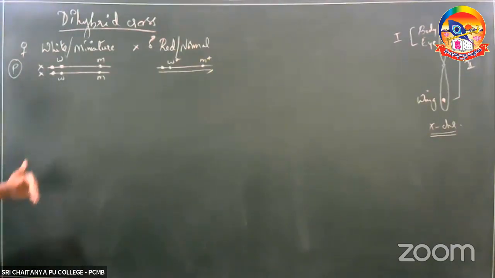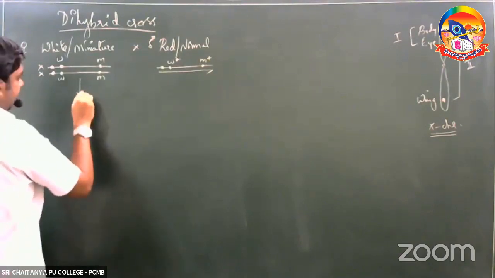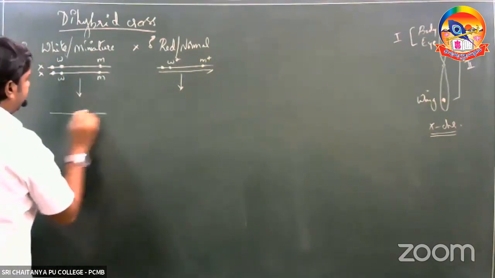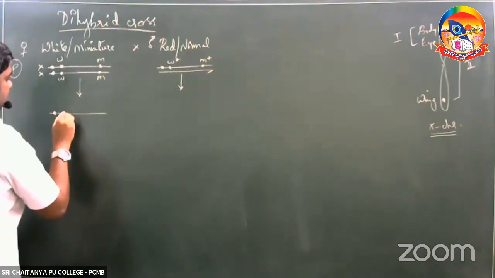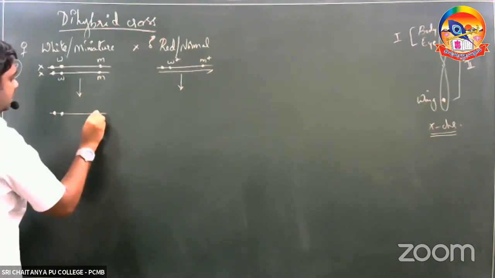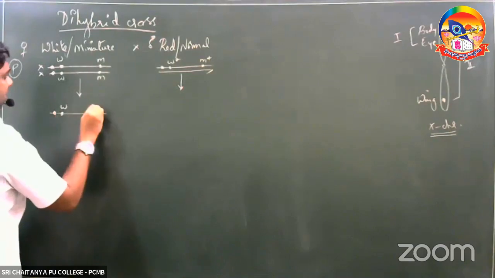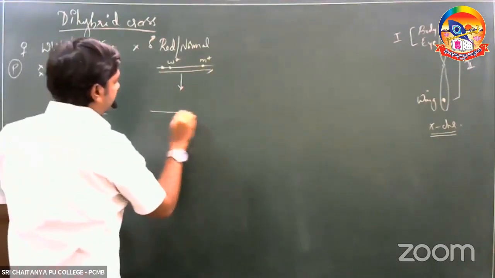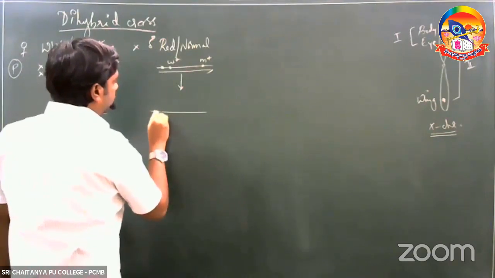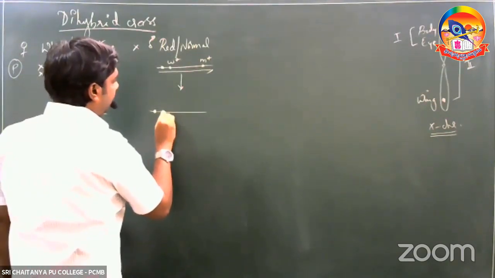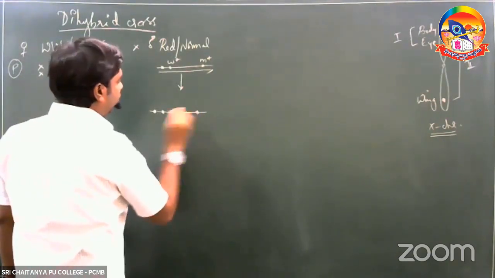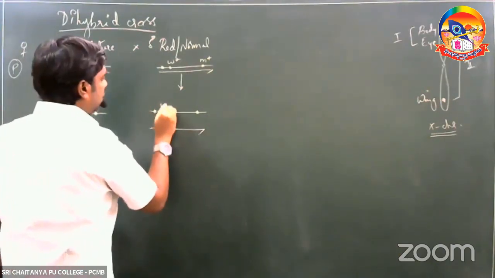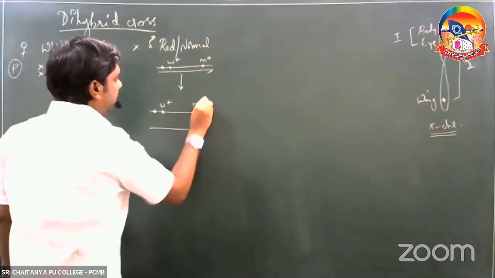Now, before making the cross, what do we do usually? We start taking the gametes, right? In case of females, only one type of gamete would be formed, because both the X chromosomes are the same. So one will be w here and this would be m here. In case of males, 2 different types of gametes would be formed. One would be the X chromosome containing male gamete and the other one would be the Y chromosome, right? Talking about the genes here, w+ and m+.